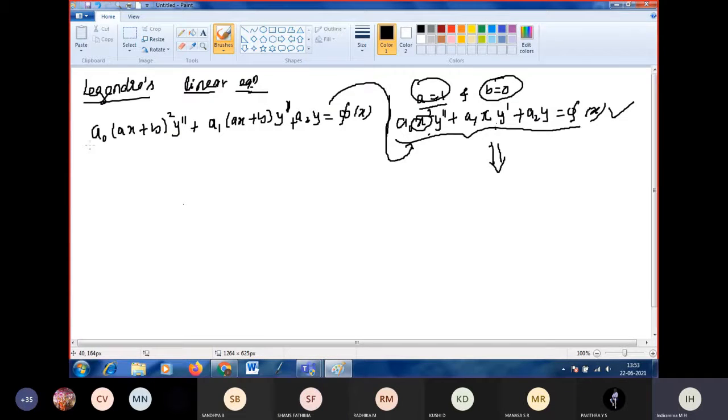Now the method is that here we have to take the substitution. Step 1: put ax plus b equal to e to the power t. Instead of x, what we have is ax plus b. Then what does t become? t is equal to log of (ax plus b). Have all of you cleared this step?